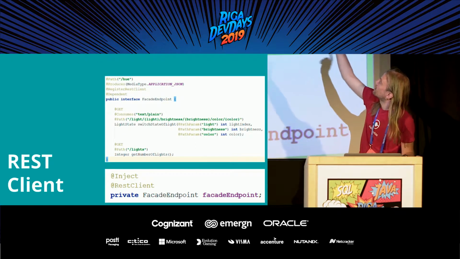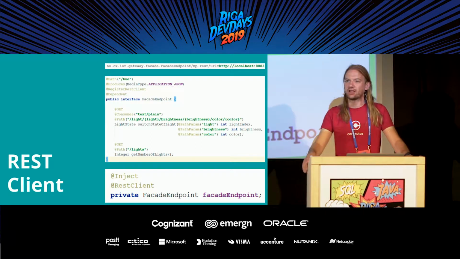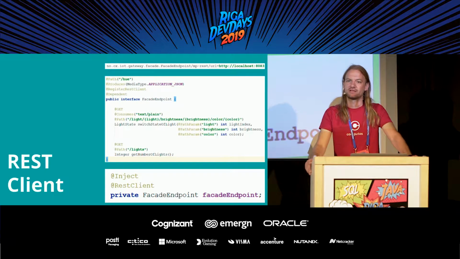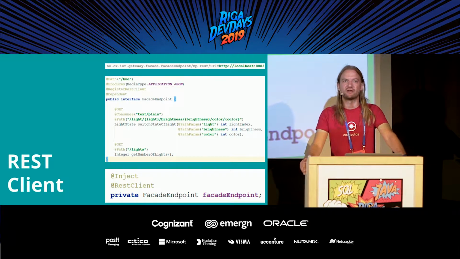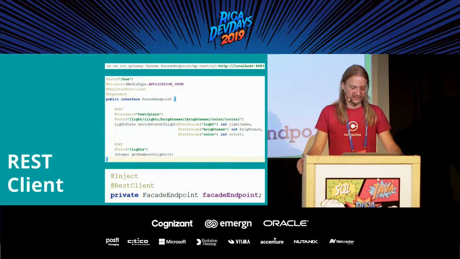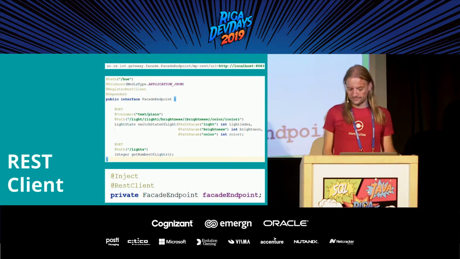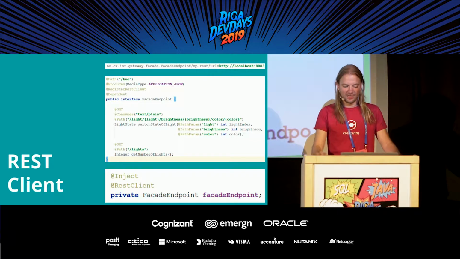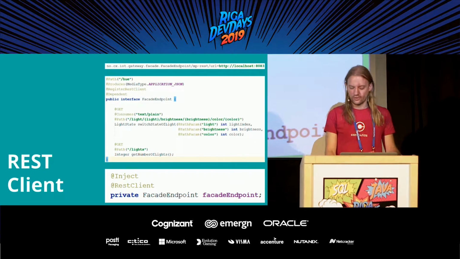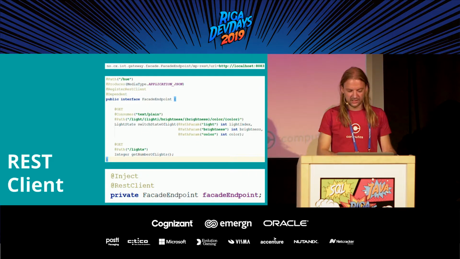The small text you see on the slide, you need to add to your application properties. That basically specifies what the URL of this remote service is. So it's the package name and some magic, and then the URL. And this is really nice. It's type safe, reads fine, as long as it works.